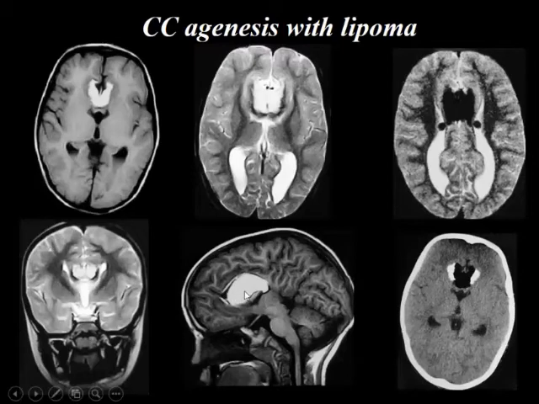Now, how do you say there is no blood? We have also done a fat suppressed sequence. So if they ask you in the exam, how do you know that this is fat, not blood on a T1 weighted sequence? You say we do a fat suppression sequence, which is a STIR, or an IRFSE, inversion recovery sequence, which will suppress fat. So have we done that? Yes, we have. So this is a fat suppressed sequence where the fat is suppressed. If it was blood, it would not have got suppressed. It will still remain white. Is that clear? So now we know this is corpus callosal agenesis with a lipoma.